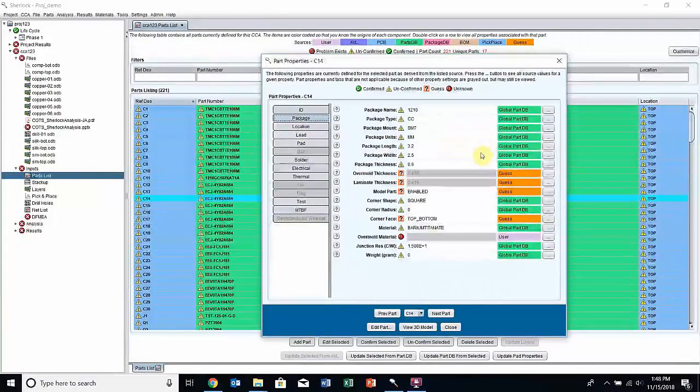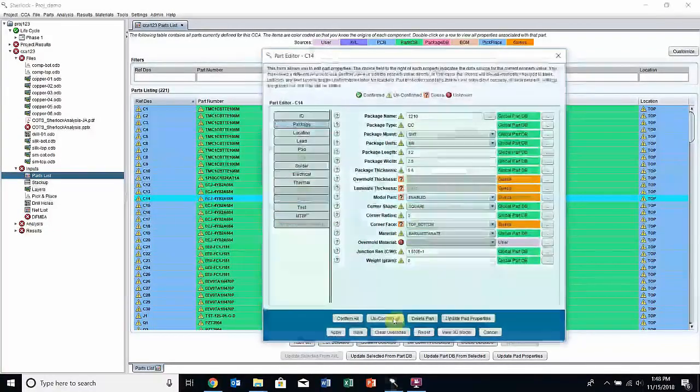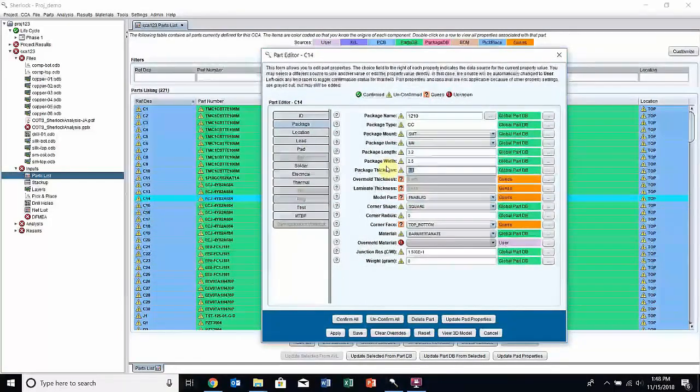Even though it came from the part library, maybe I have a particular part where the package thickness is different than that value that is given in the part library. What I can do is select Edit Part at the bottom of this window here, and I can go through and actually change this to a value that I know. If I've measured the part and I know that the thickness is 2.5 and not 0.6, I can manually change